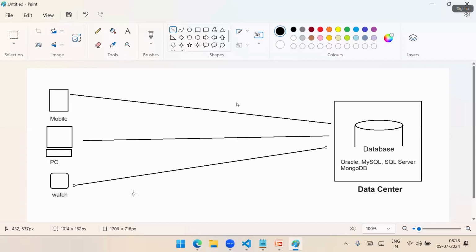That means mobile is using Android, iOS. PC is using Windows, Linux, Mac. Watch is using